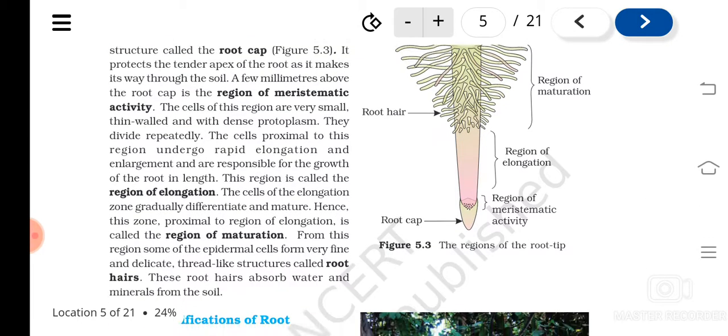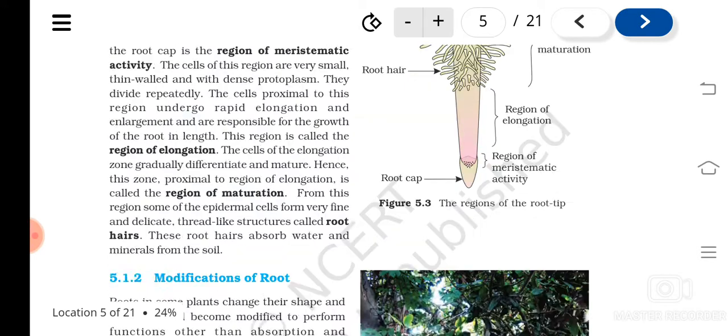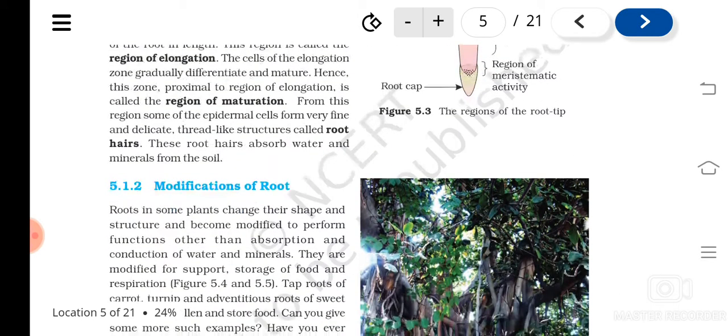And in the other region, there will be the region of maturation where differentiation takes place, meaning the meristematic cells get differentiated into different cell types. From this region many root hairs arise, and that is helpful for absorption of water